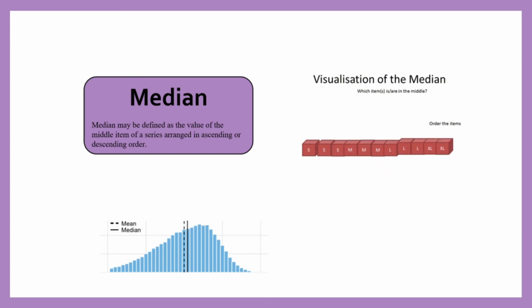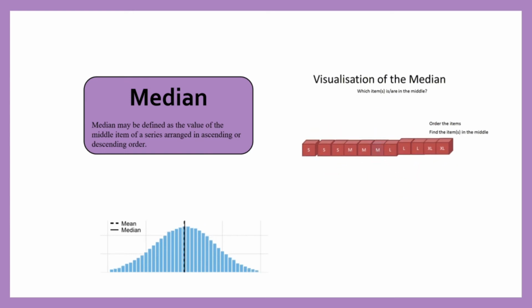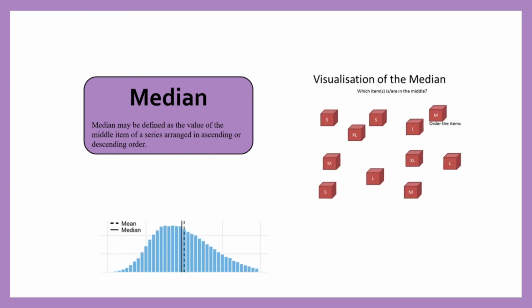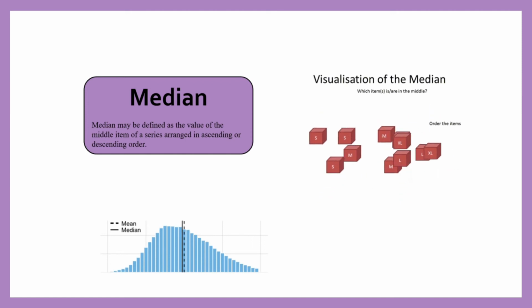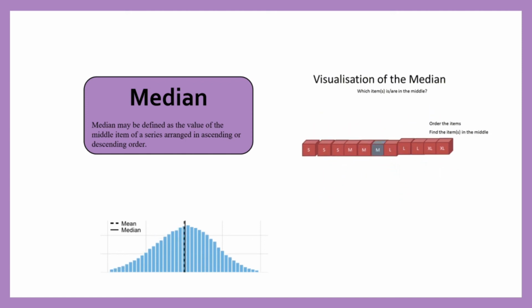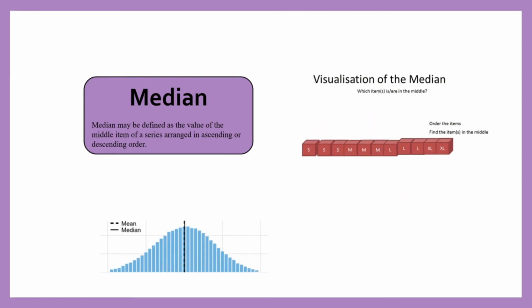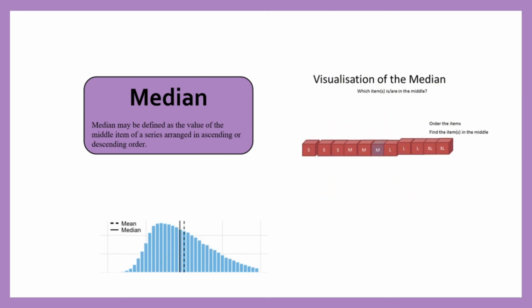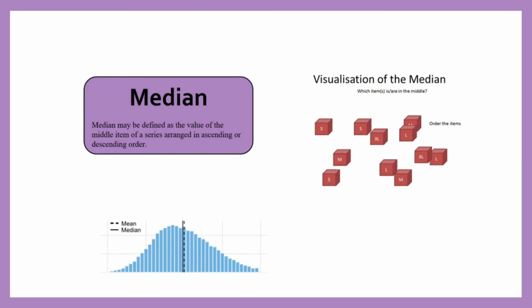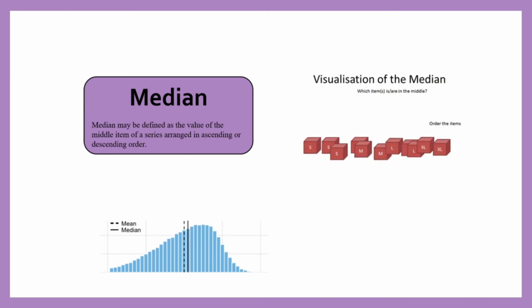In case of individual and discrete series, the formula of median is given by M equals value of the n plus 1 by 2th item. In case of continuous series, the following two types of formula are to be used. First, to find out the median item, M equals value of the n by 2th item. Interpolation formula: M equals L1 plus L2 minus L1 upon f1 into m minus c if the series is in ascending order, M equals L2 minus L2 minus L1 upon f1 into m minus c if the series is in descending order,